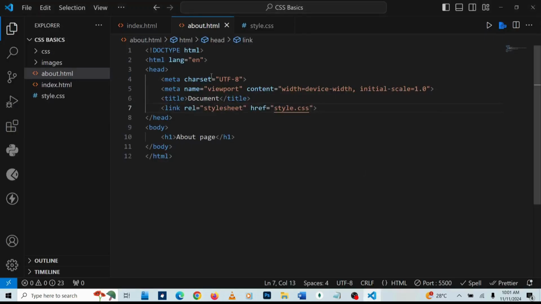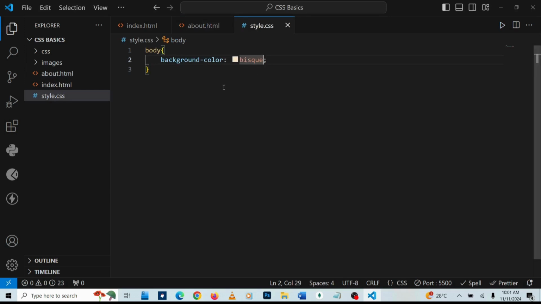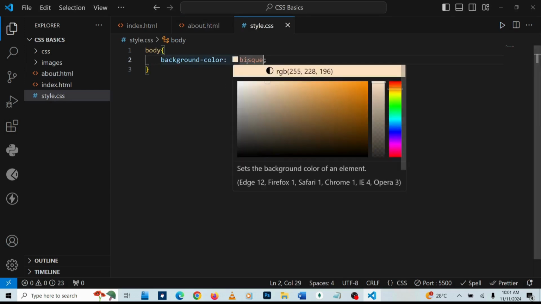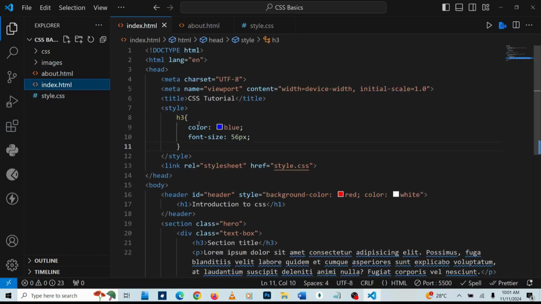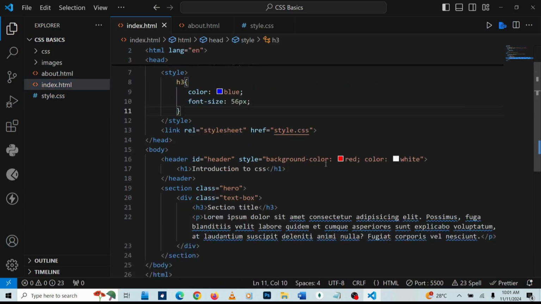So now if I edit this, it's easier to maintain. If I want to change the color, I just need to change it in a single file, not in multiple pages as it is in inline or internal CSS. So that's just the way to add